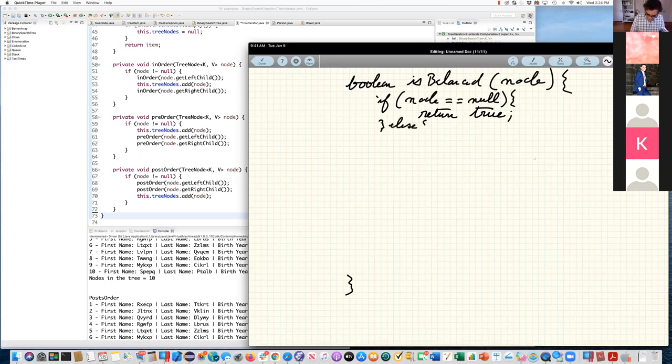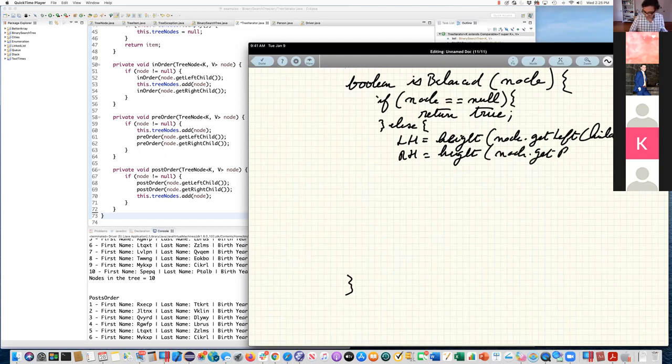Else measure the left height, which is the height of node dot getLeftChild and measure the right height, okay, is height of node dot getRightChild, okay, and then calculate the difference.